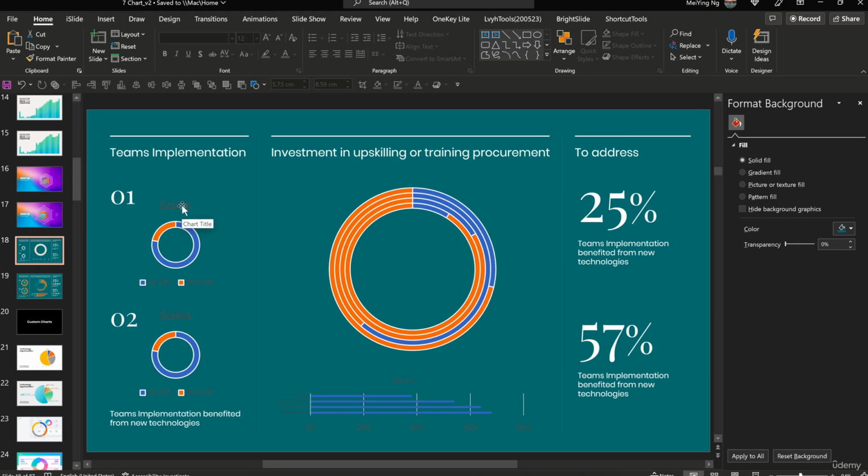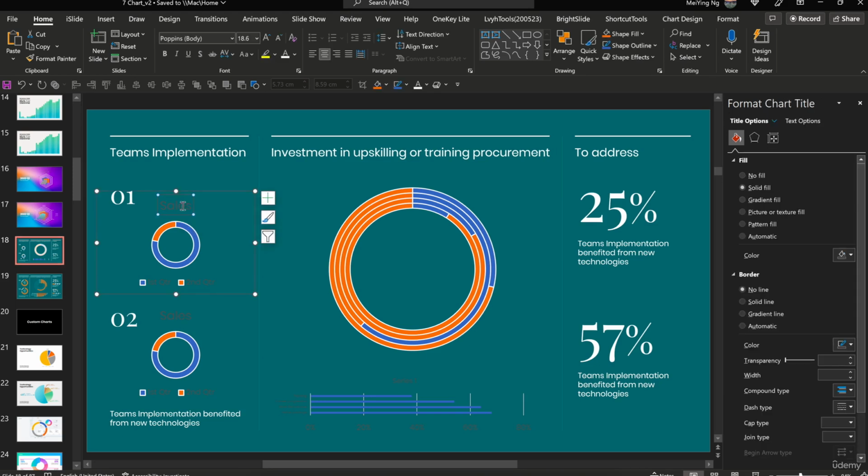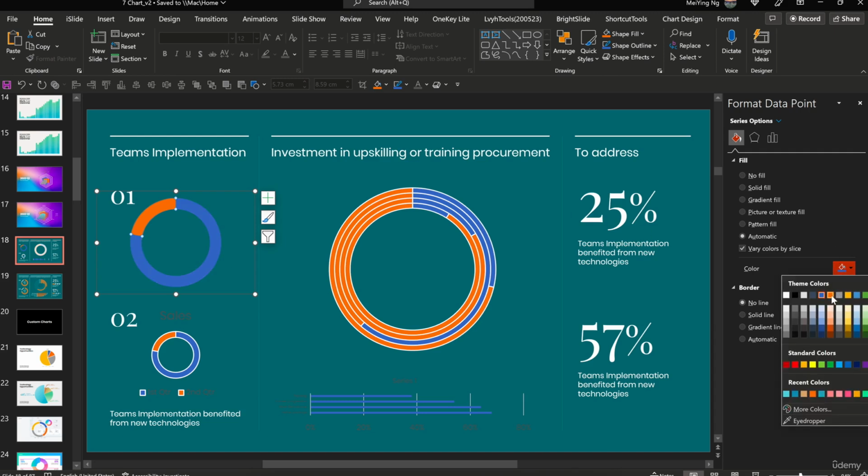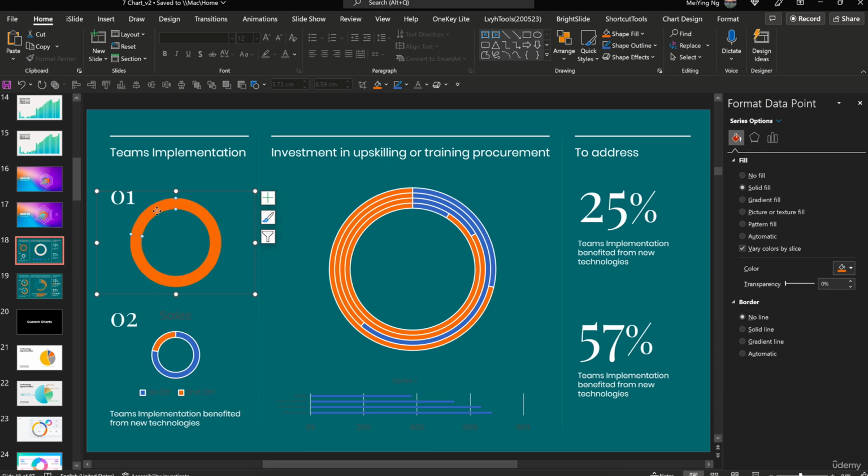First of all, delete everything unnecessary: the chart title and the legend. Then select one part of the pie chart and change the border to no line. And then you can change the fill color. Let's use orange here. For the other part, other than normal fill, you can choose pattern fill for a more